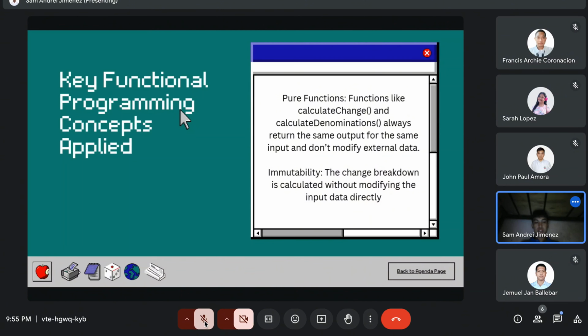So, number 2 is immutability. Change breakdown is calculated without modifying the input data directly. So, yung pag-compute ng mga change